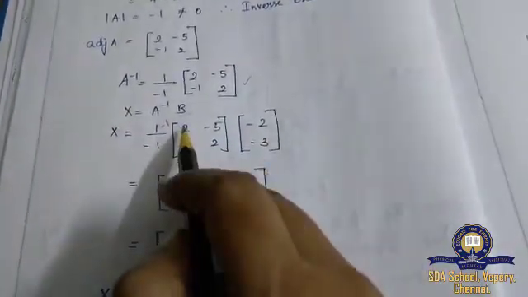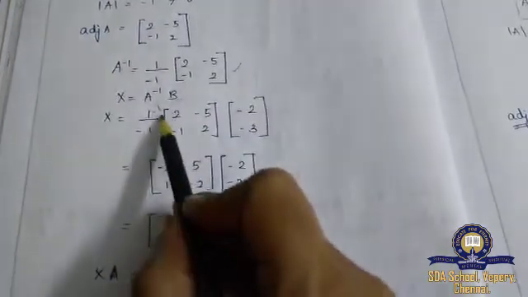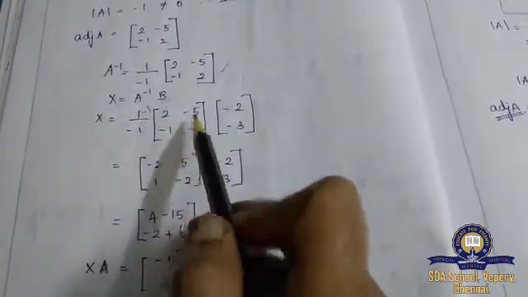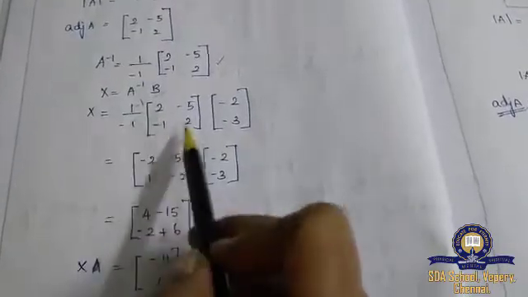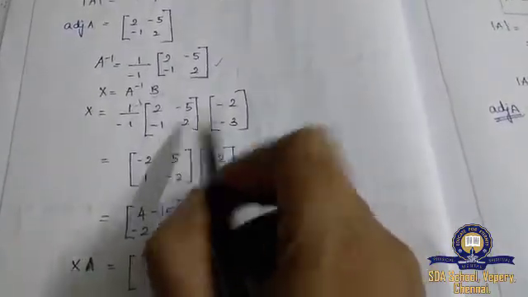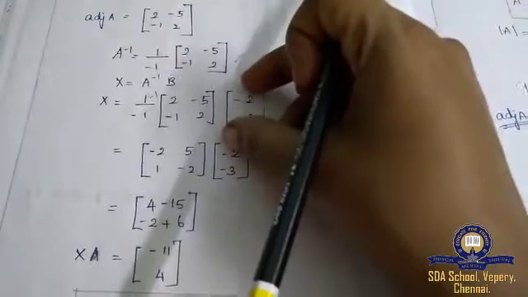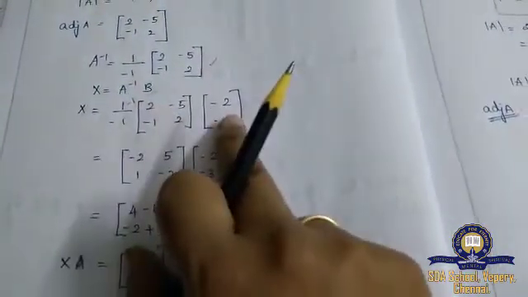After that, I'm going to multiply my minus 1 inside. So minus 1 into 2 is minus 2, minus 1 into minus 5 is 5, and minus 1 into minus 1 plus 1, minus 1 into 2 is minus 2. Only this part alone you have to multiply, not this part. Because this is the whole thing, right? This is one part, and this is another part. So you can only multiply the minus with this part. So this is your b value.